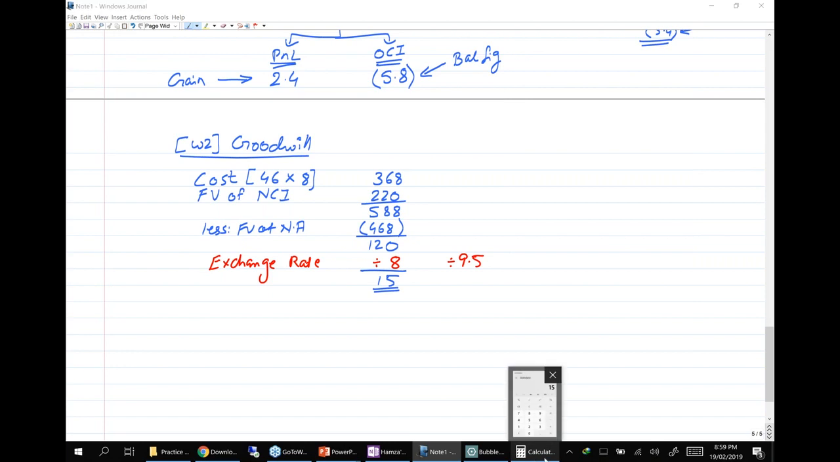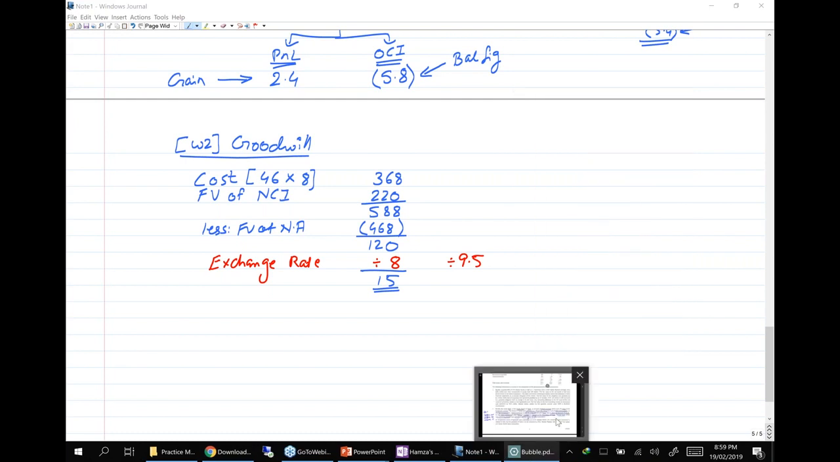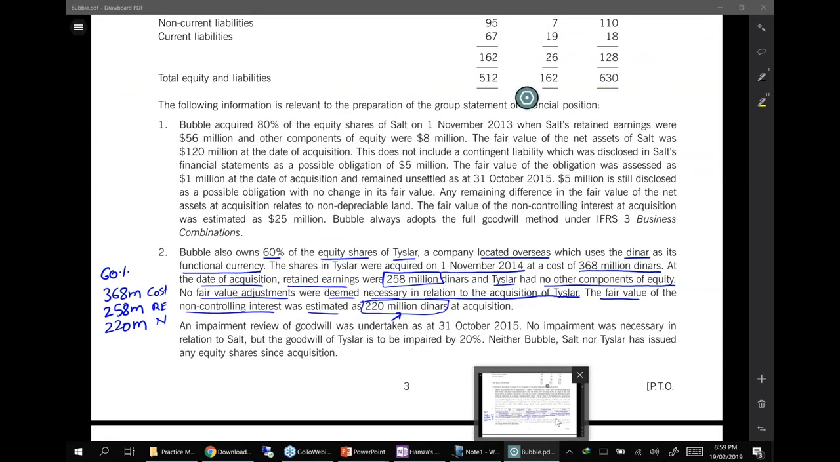But there's one more problem. We haven't read the question completely because there's going to be some goodwill impairment as well. There's saying no need to thank again, sir. Even thank you for that,